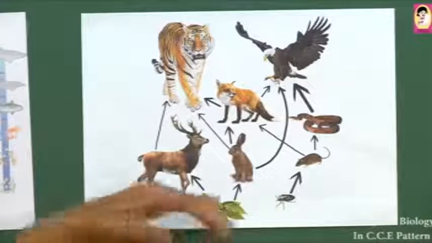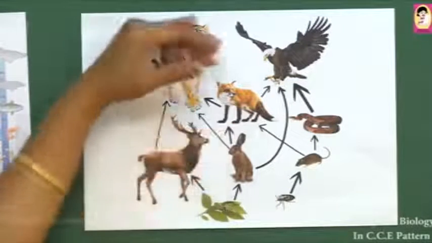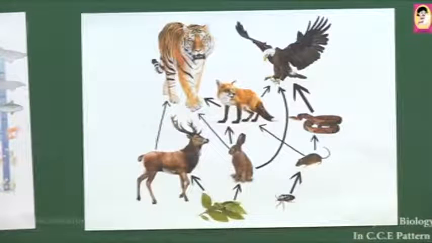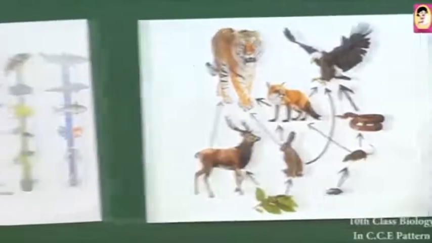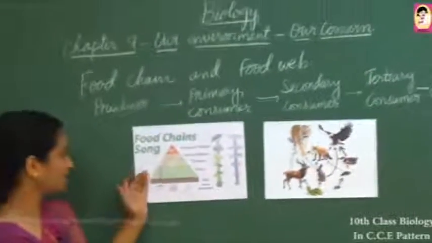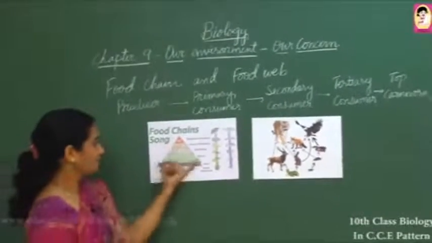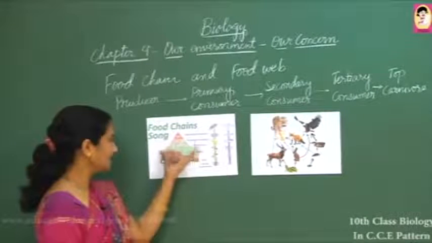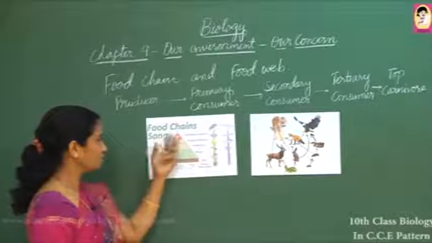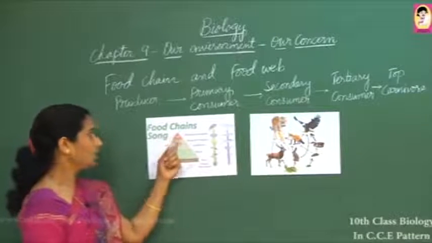So here we can see that as animals go from one level to another, we get a pyramid shape. The relationship is such that you can find a pyramid form in the food chain as well, when it is interlinked. So the topmost carnivore will be on the top, and it will be very